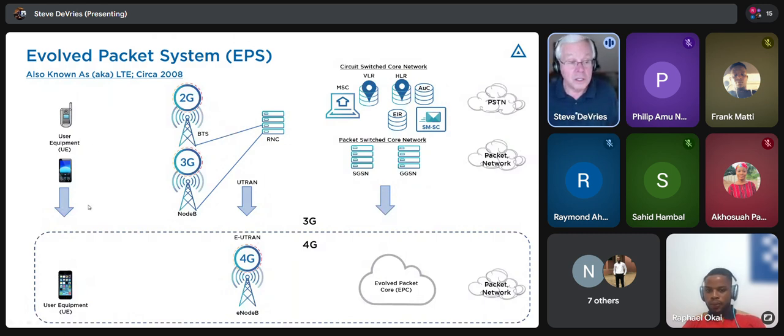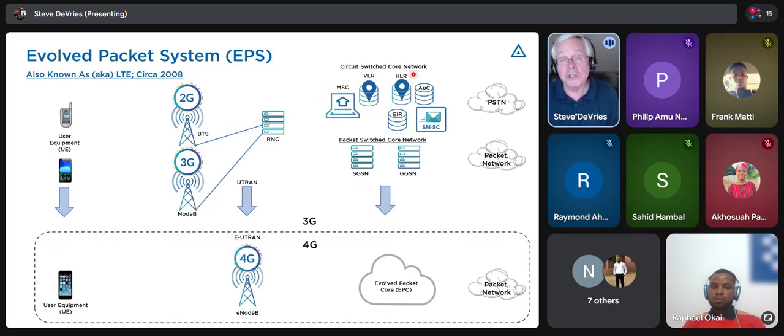If you just look at just this top part here, 3G. With 3G, you had user equipment, you had your RAN, your radio access network. We had 2 of them. You had the base transceiver stations that were still there, the Node B, which was 3rd generation, and you communicated through that radio network controller.